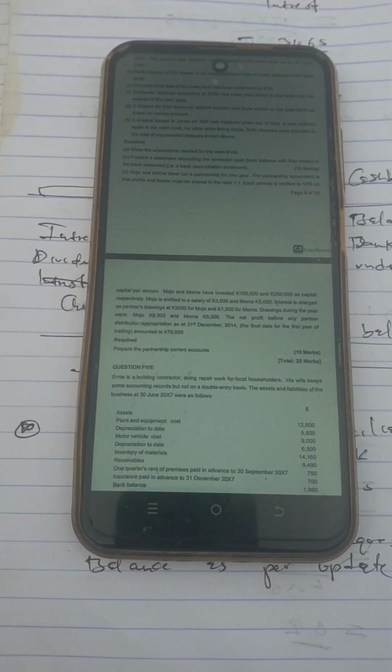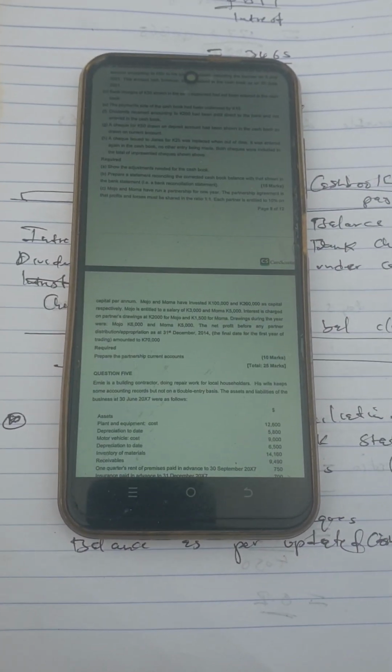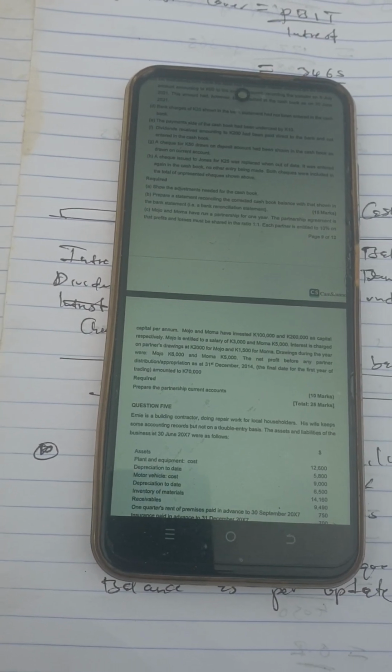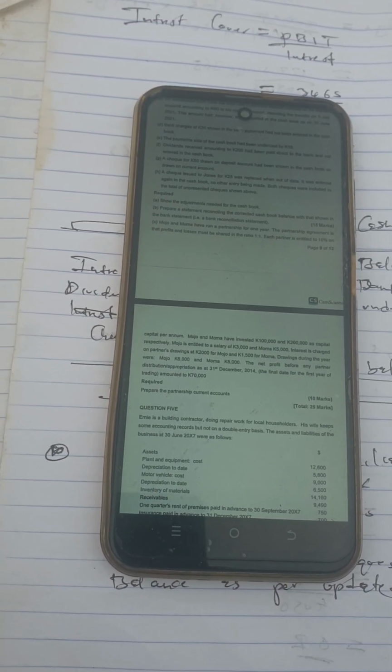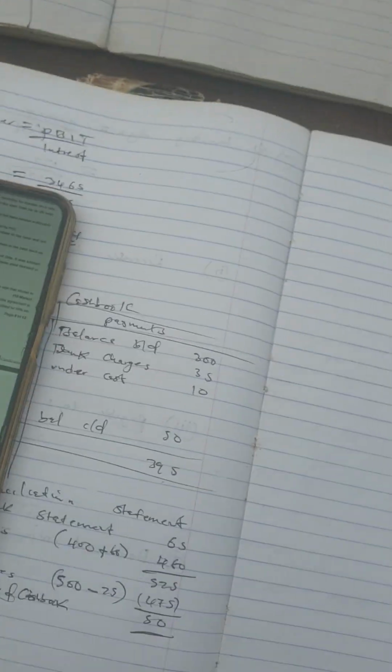Okay, so with the next video, this question is asking us to prepare current accounts, and in order for us to prepare current accounts, we need information from the profit and loss appropriation account. So I think we're going to prepare the statement of profit and loss appropriation account here. Then we do the current accounts maybe down. Yes, we're going to do them from down here. So in order for us to prepare the appropriation account,